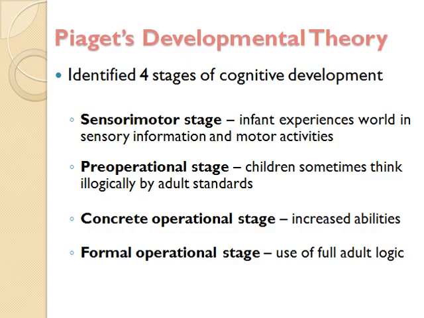Piaget's developmental theory. It was Piaget who identified four stages of cognitive development. The first one is the sensorimotor stage, in which the infant experiences the world through sensory information and motor activities. The next stage is the pre-operational stage, where children sometimes think illogically by adult standards. Then the concrete operational stage, which is a stage of increased abilities. The last one is the formal operational stage, which uses full